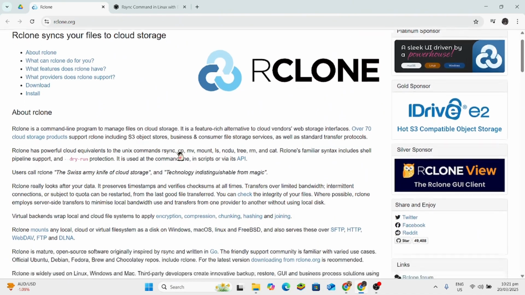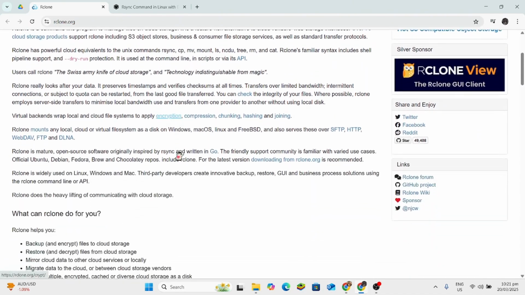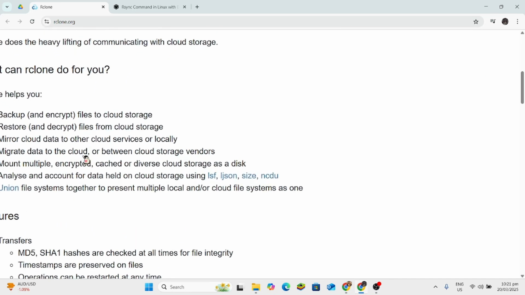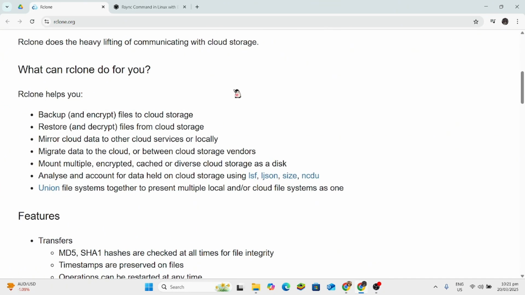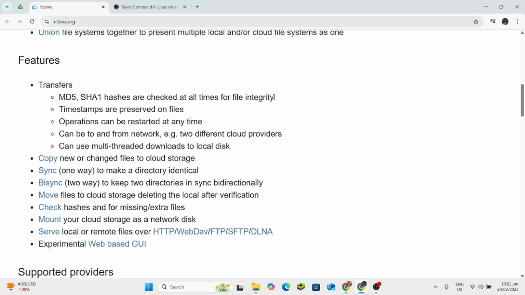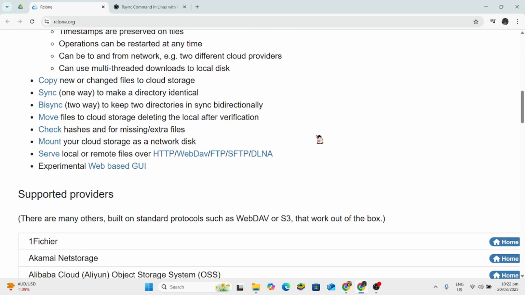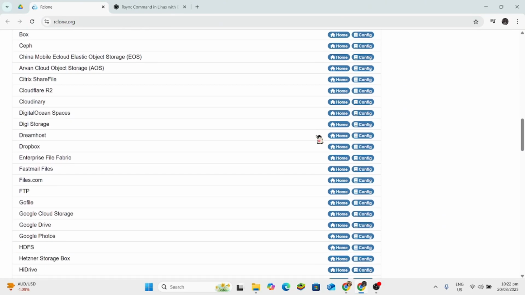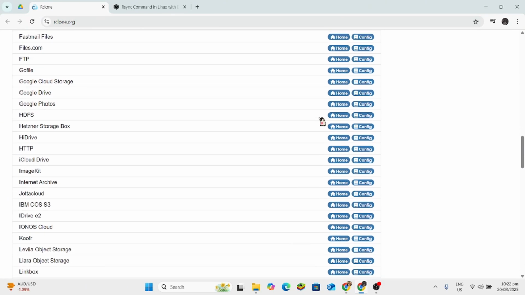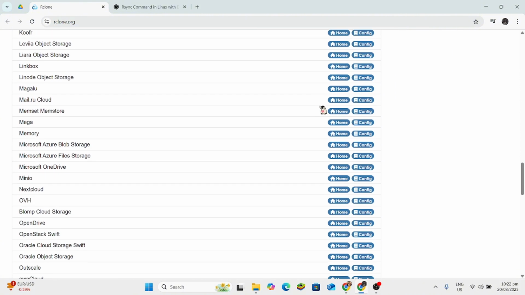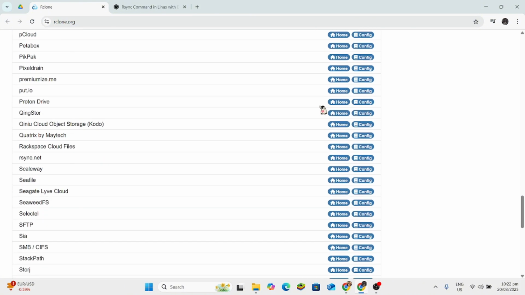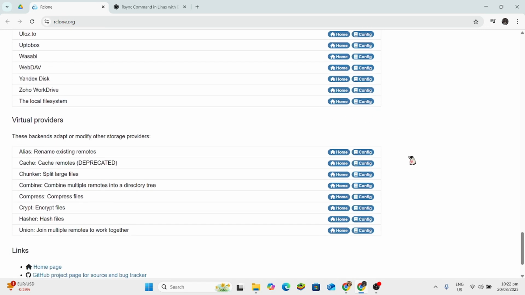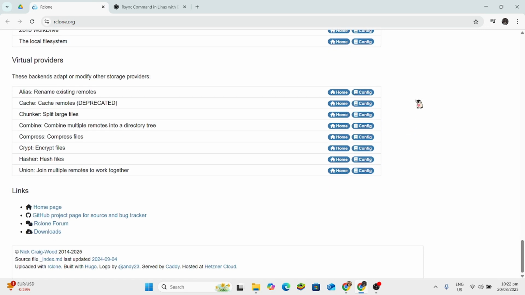So today, we're comparing rclone and rsync, two powerful file synchronization tools. rclone is a cloud storage synchronization tool with multi-platform support. Its pros are that it works with various cloud providers, supports encryption, and offers a GUI, which is the graphical user interface. The cons: it may be complex to configure for some beginners.